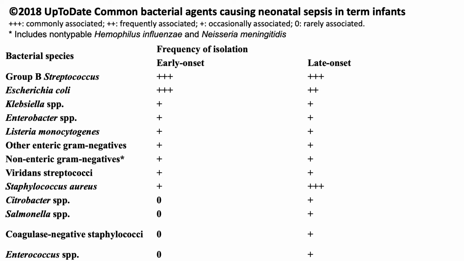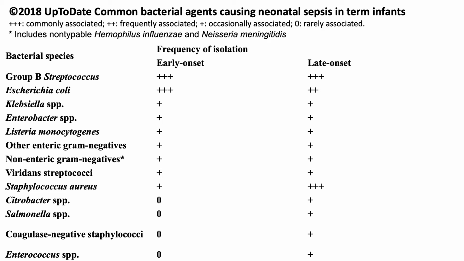From UpToDate, we have the common bacterial agents causing neonatal sepsis in a term infant, and these are the organisms' frequency of isolation in early onset and late onset. We could see that group B Streptococci and E. coli